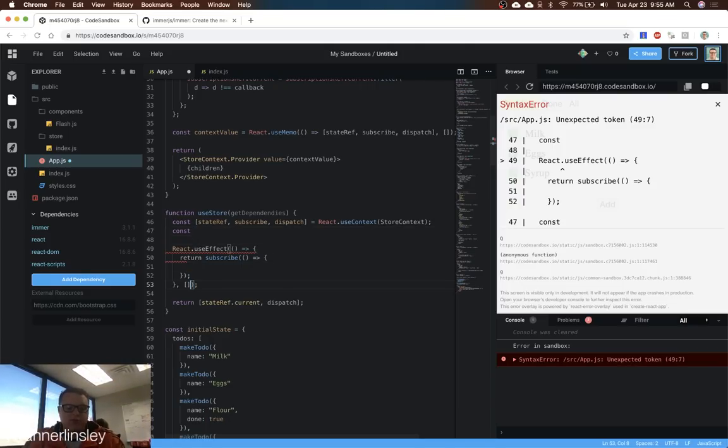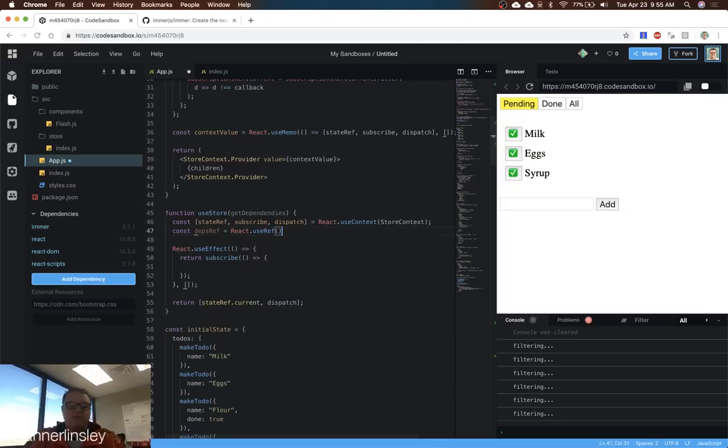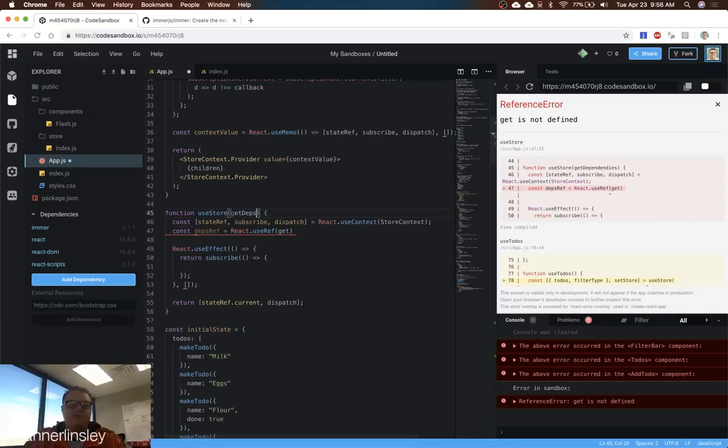But we can't because the use store technically won't render because we're using a subscription. So we're going to have to use a deps ref equals React. We're going to have to make our own custom change detection here. So when the subscribe comes through, we're going to be taking use ref, and the initial thing it's going to do is going to be get deps,